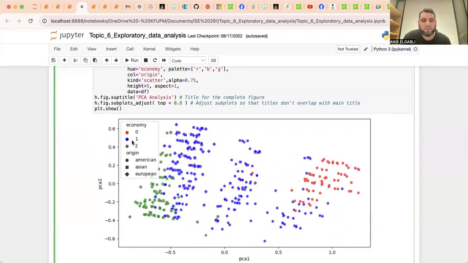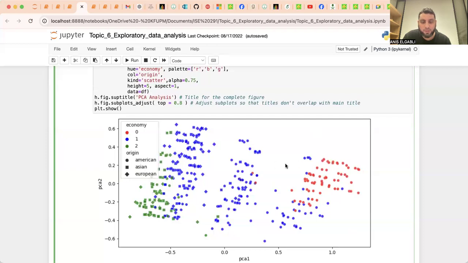So here we are differentiating by two variables. For example, take this one. It's green, that means it belongs to class 2 for the economy attribute, and the origin is European. The green ones are more European and Asian, between square and diamond. The circle ones are